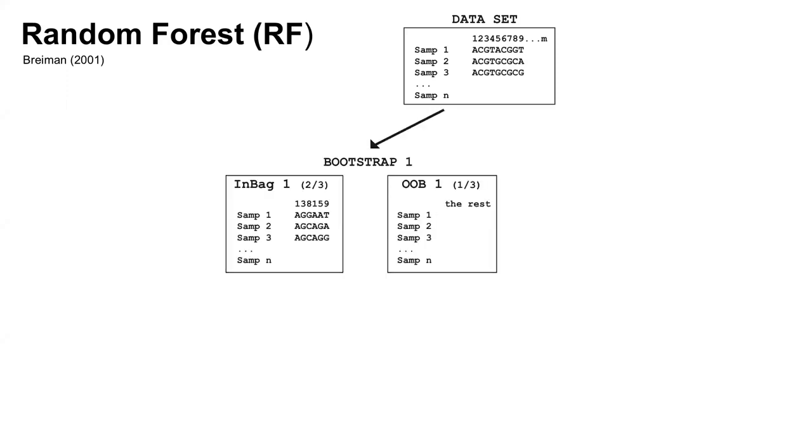So how random forest works is it does a bunch of what I'm going to call bootstraps for simplicity. It takes a bootstrap of the data, and it splits that into what's called an in-bag, which is about 2/3 of the matrix size, and an out-of-bag sample, which is the rest, about 1/3. So we have these 2 separate bags of data, or 2 different data sets.